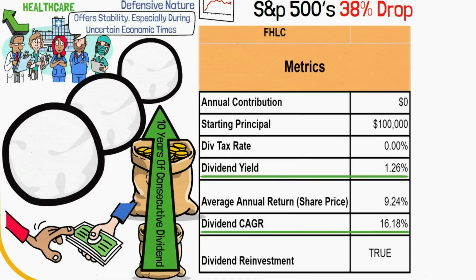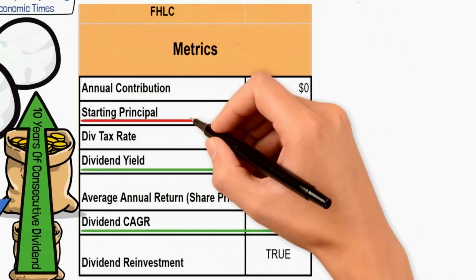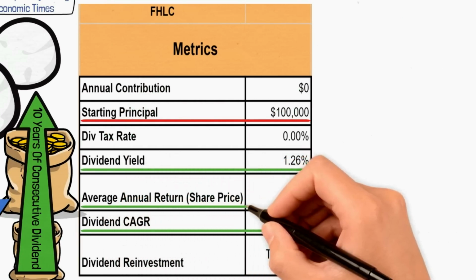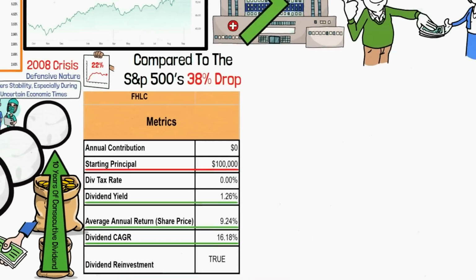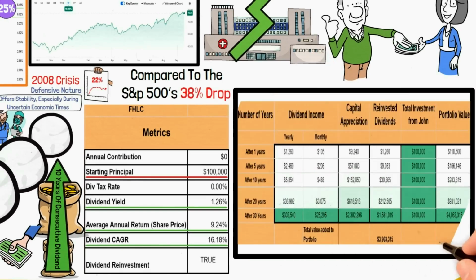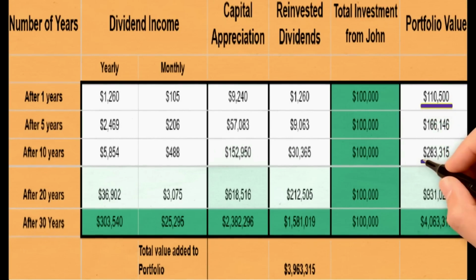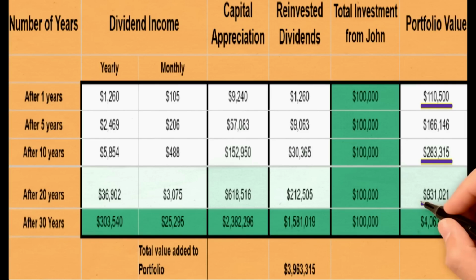If John invests $100,000 in FHLC, here's what he might expect from an average annual return of 9.24%. After 1 year, John's investment could be worth $110,500. In 10 years, it could grow to about $283,315. 20 years in, John might see his investment reach around $931,021. After 30 years, it could skyrocket to